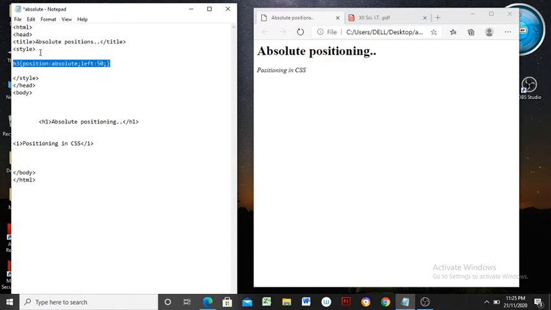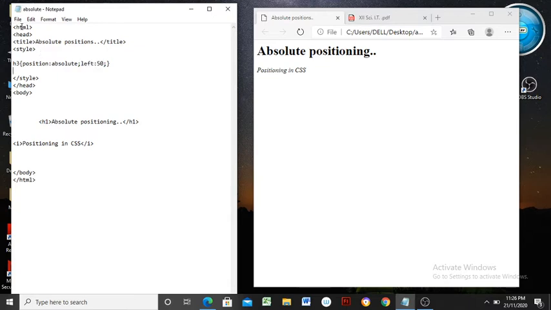H3 as a selector or HTML element which is used in absolute positioning. Position is the type of positioning, so the value will be absolute. It must be there, as we have given here. Then the next property we have chosen is left, and its value is 50 pixels.